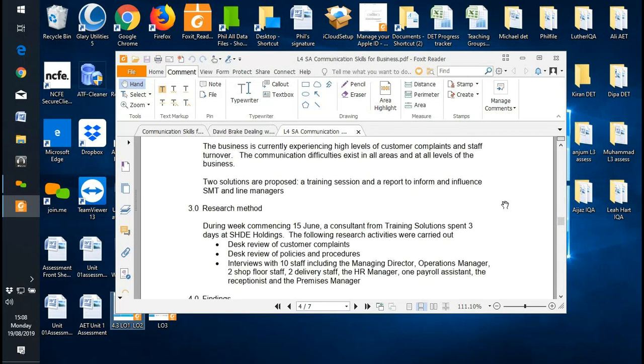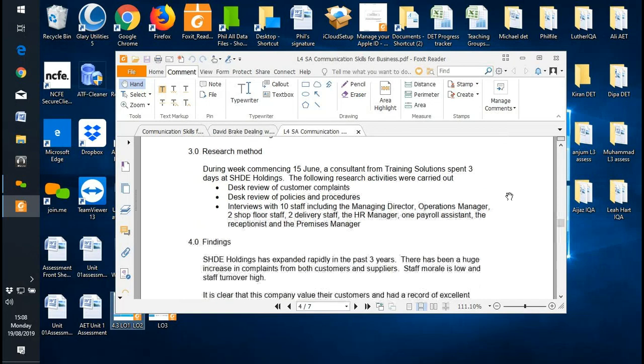Two solutions have been proposed. A training session and a report to inform on the influence of SMT and line managers. So it says that on the 15th of June, a consultant spent days there, and the following research activities were carried out: a desk review of